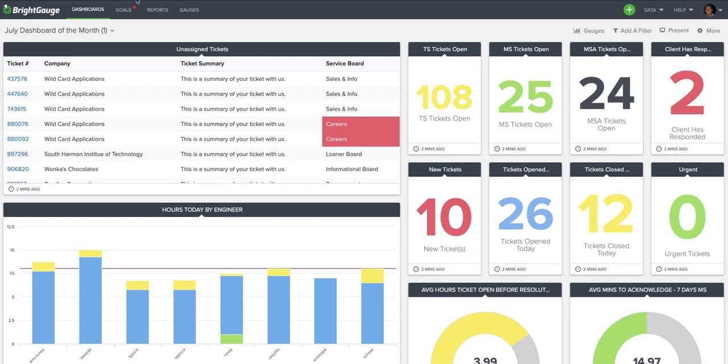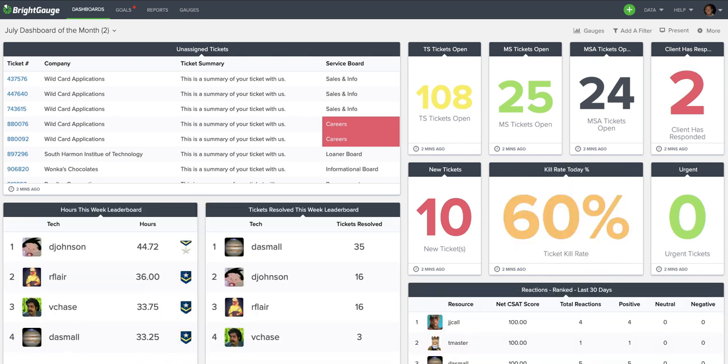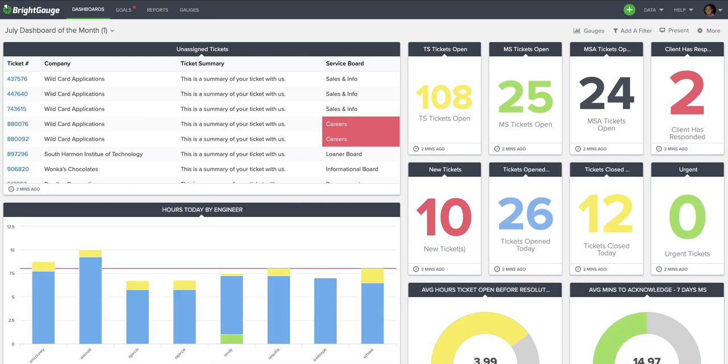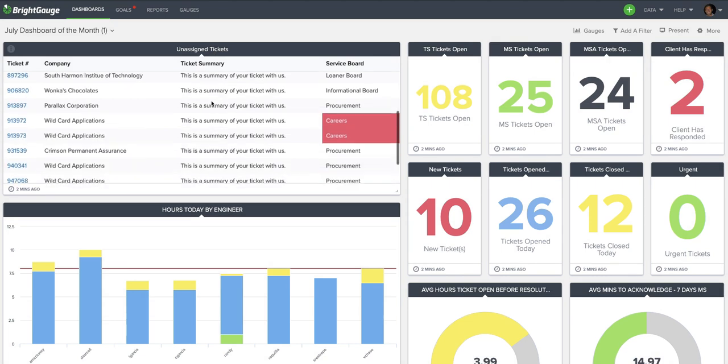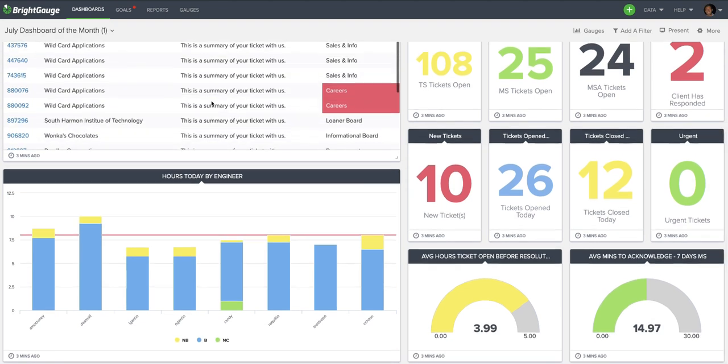So a quick overview here, you can see there are overlapping gauges from dashboard to dashboard. The whole idea here is as these are on rotation, either every 30 seconds or 60 seconds, there are key KPIs that you want the team keeping focused on. So the tickets that are unassigned, and this way you have a quick summary as to what those are. If these are on display around the office, it's not necessarily ideal to have to come in and click in and drill down. Here you can really quickly see any tickets that are in an unassigned status,